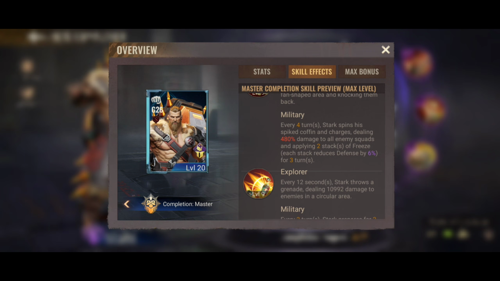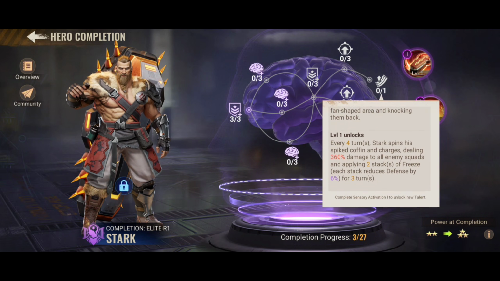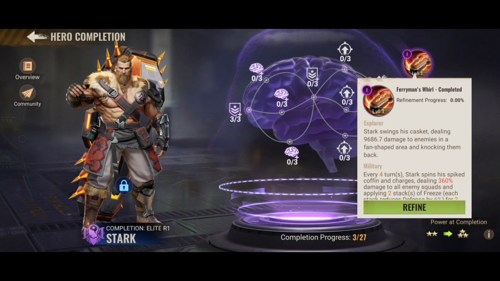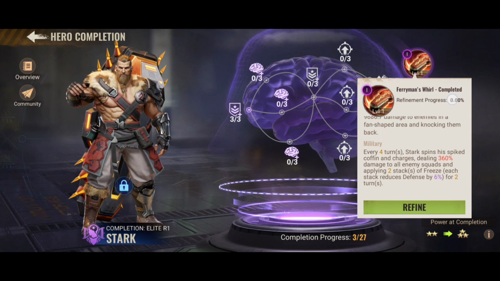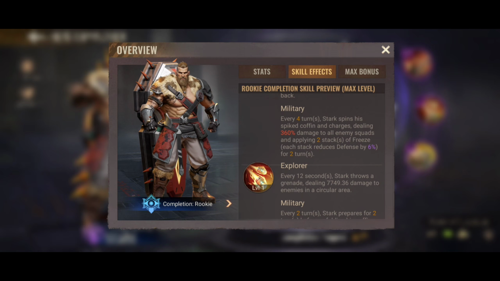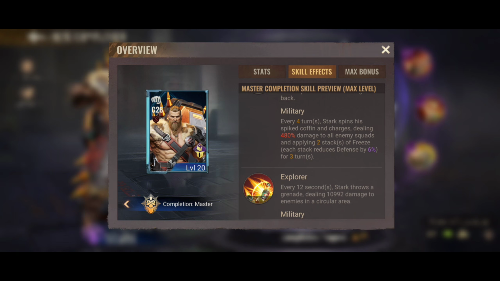However, the raw damage isn't even the best part. The true value lies in his freeze debuff. By applying 2 stacks that reduce enemy defense by 6% each, he effectively shreds 12% of the enemy's armor for 3 turns. For a Berserk-focused army that thrives on hitting hard, this defense reduction acts as a massive force multiplier. The only real downside here is the 4-turn cooldown. Stark is a rhythmic fighter, meaning you have to survive the gaps between these massive rotations to see his full